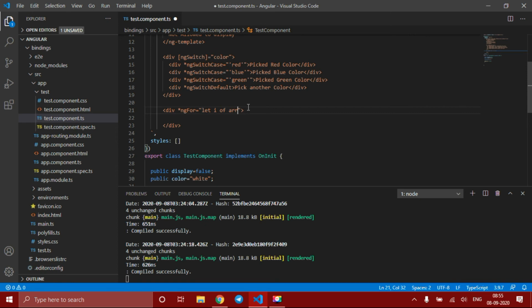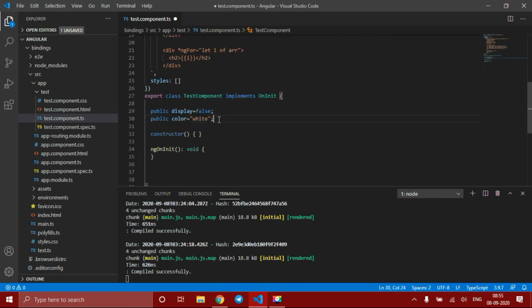Same here, let i of arr means for every element in the array it is represented in i. So what we can do is, let me use an h2 tag for increasing the size, and I am just printing that i. So this is how you use ngFor.